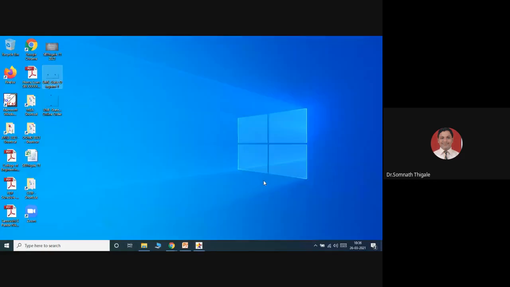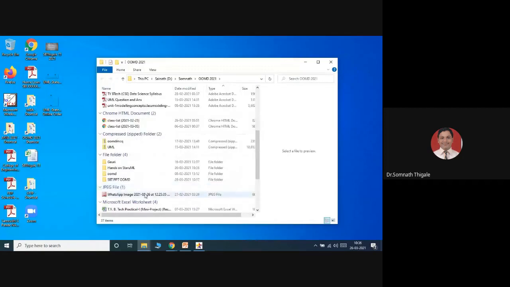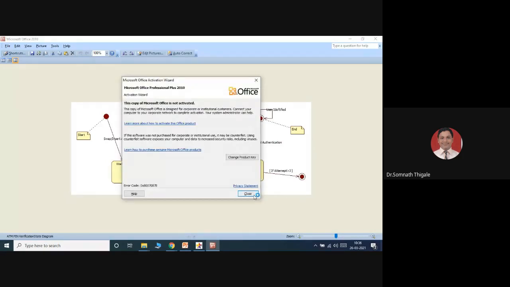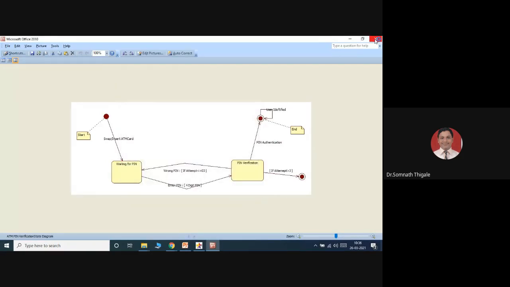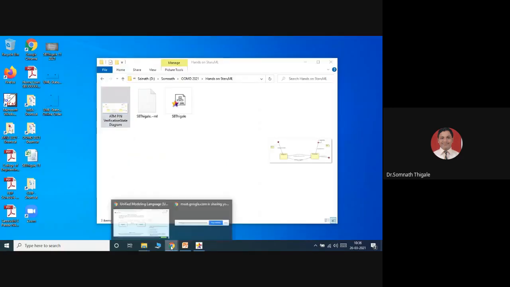Okay, I'll just show you. This is the diagram. I'll share it in our group so that you can take a sample of it.